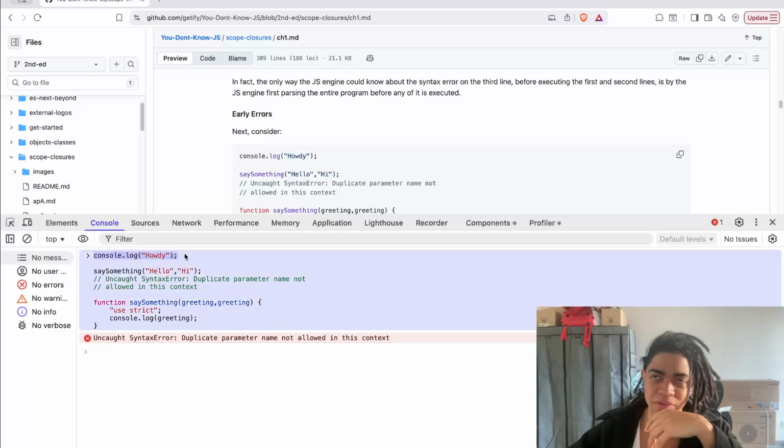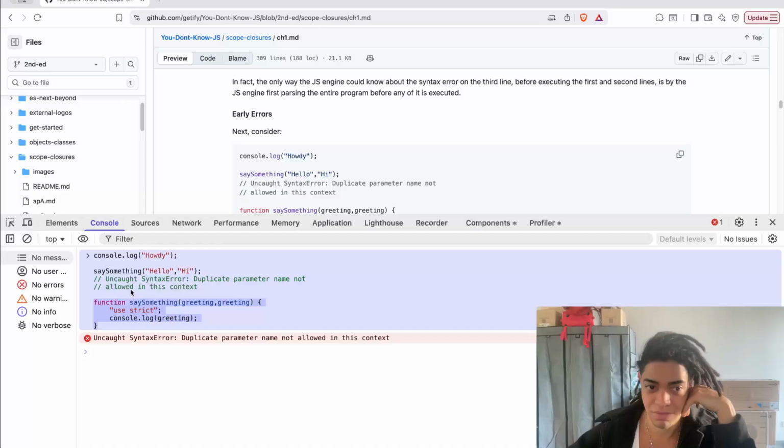The first statement is a well-formed statement, a console.log. The second is now a function call with these two parameters, okay? And the thing here is that we have this declaration that happened after this function call, and also it has to handle this duplication of the parameter name, right? How is it going to handle that? And the other question is how it is going to handle